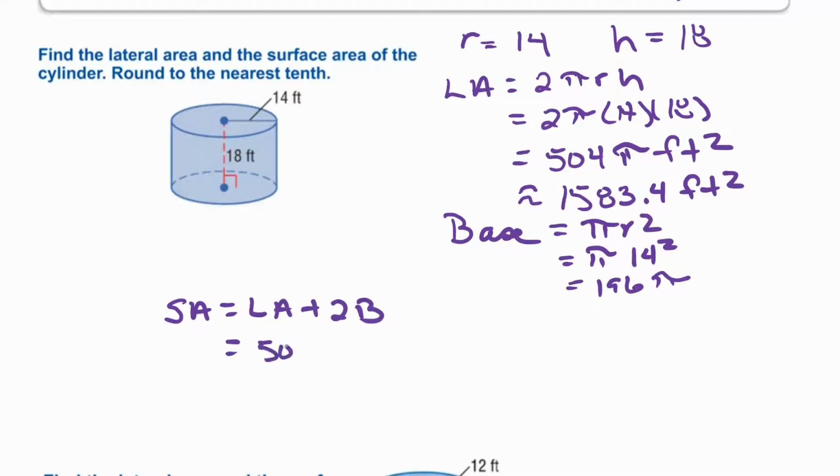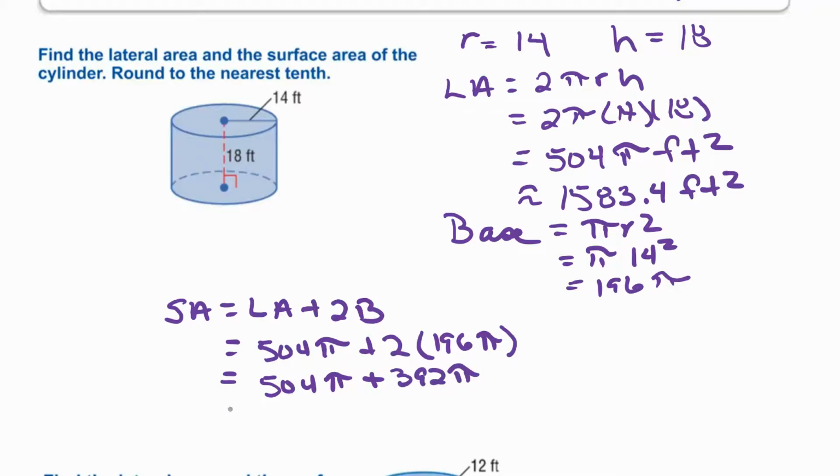The lateral area is 504 pi plus 2 times 196 pi, which is 504 pi plus 392 pi, which will give us an exact answer of 896 pi feet squared, which is approximately